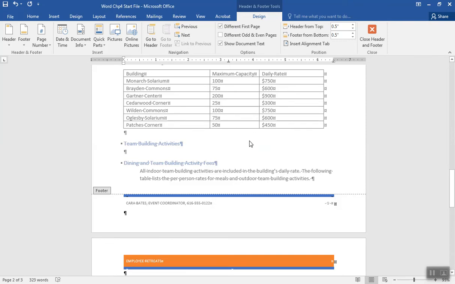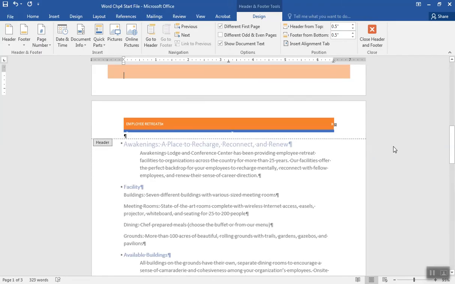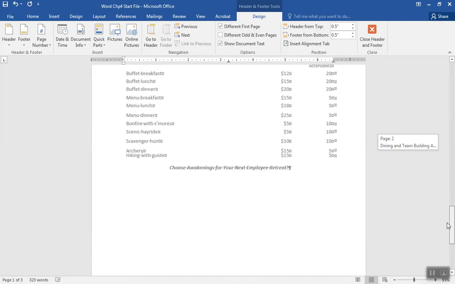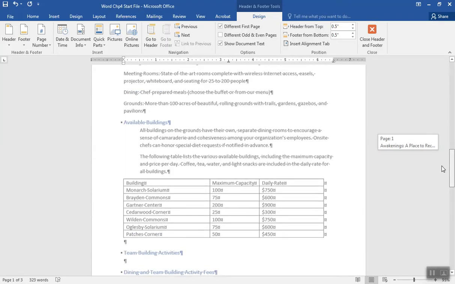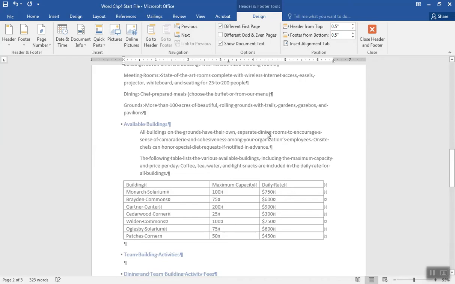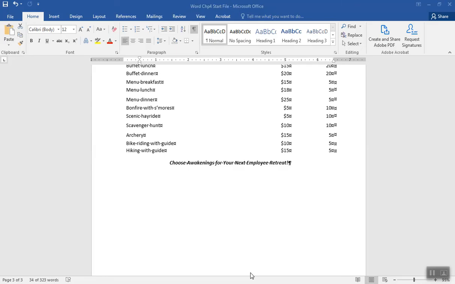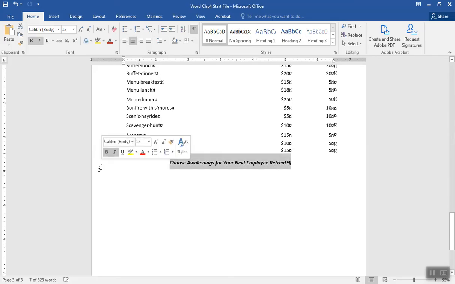Okay, let's see here. I'm going to click back on my document. It says we need to go find the Choose Awakenings text, which they say is on page 3. Go back, double click back into my document. Now this is at the very end, and I think in our flyer we did in chapter 1 they called this the signature line. I'm just going to left click over here on the left side to select that entire text like so, and there's my mini toolbar that pops up,